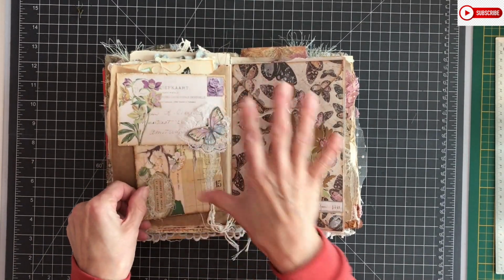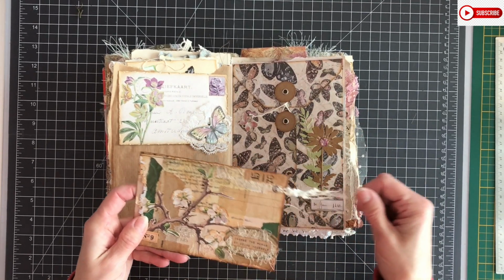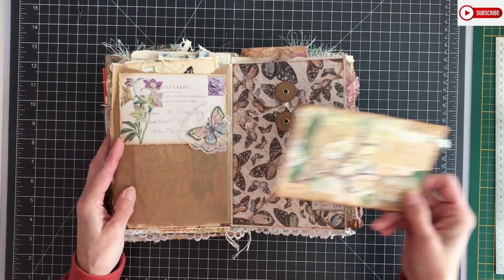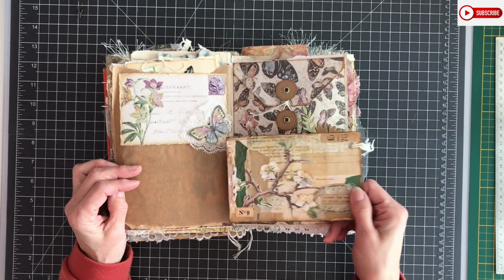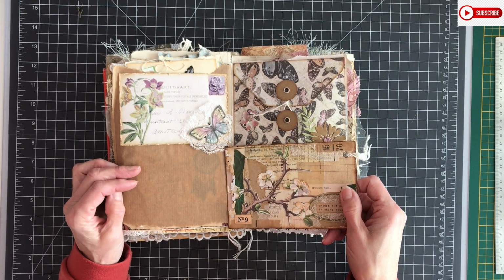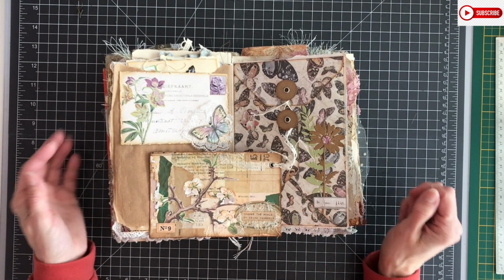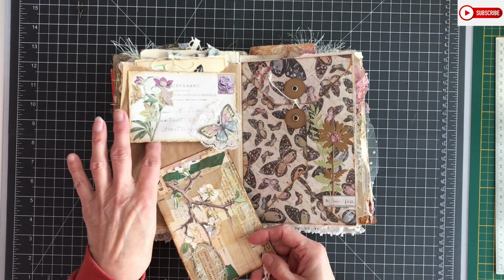Here, also a bit naturey, because when I started young journaling, I started with nature themed, because I love nature. So it was natural that I started that way, but later I found the pink shabby look more in the style of Heather of Rose Hill Paper Cottage. I really love her style. So it changed, but this has to be in here because this is also still something I really like. So I made a tuck spot of a faux